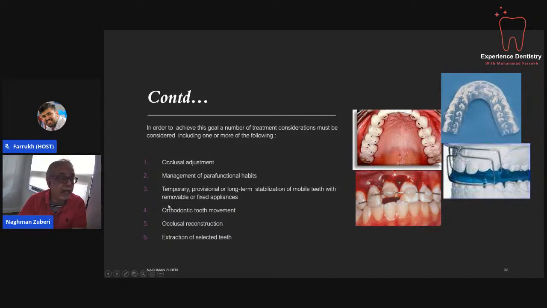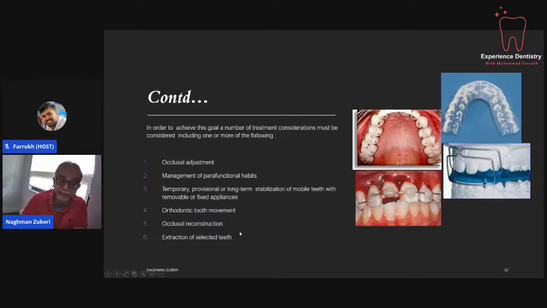If teeth have moved from one place to another, drifting has already occurred because of periodontitis, then you also seek the help of an orthodontist to align the teeth. Or even occlusal reconstruction. At times the tooth is broken or fractured, or the restoration is not good. So you can go for recusping, reshaping, crowning, or placing an occlusal overlay, inlay or onlay. So you have to do the occlusal reconstruction as well.